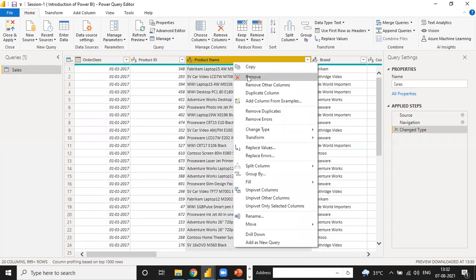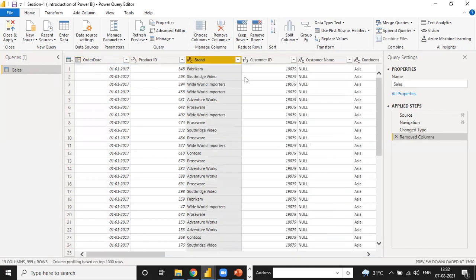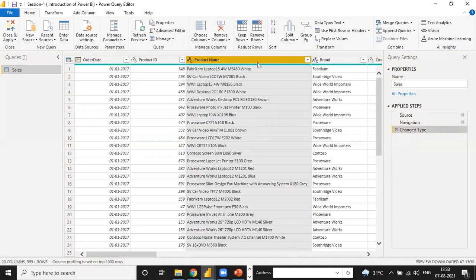But see, suppose you remove the column in Excel, save it and press Control S, then you can't bring the removed column back. But in Power BI, you can get it back. How? There is an option in the applied steps, so you can directly click there. See, your column name is added again. That is the main easy and important step in Power Query.